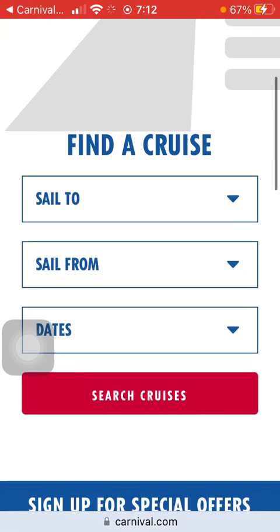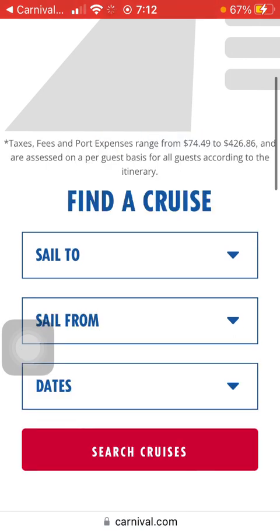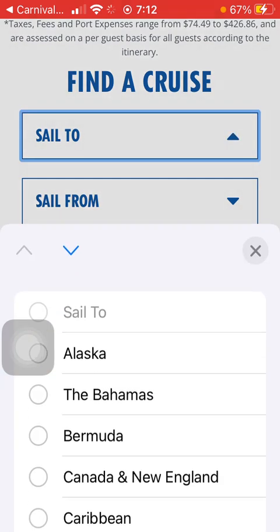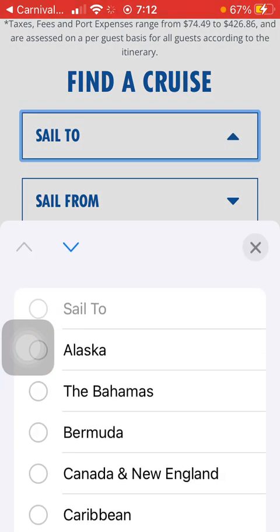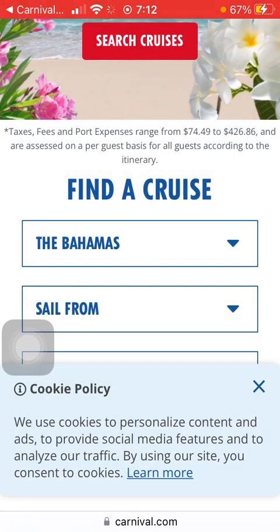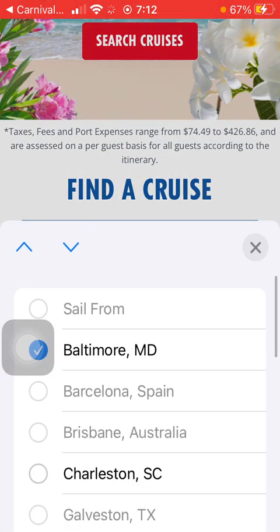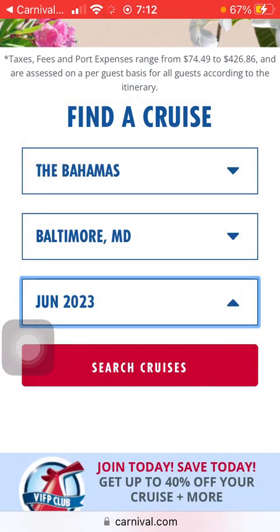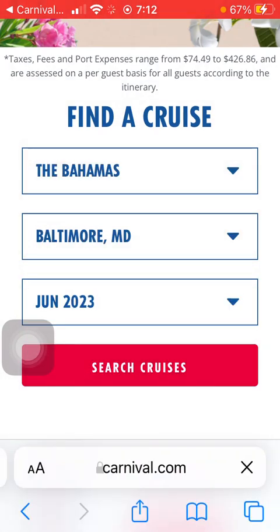Scroll down a bit and tap on the sail to option at the top, and then select your destination. Select your departure point in the sail from section, and then select a date. Click on the search cruises button down below,